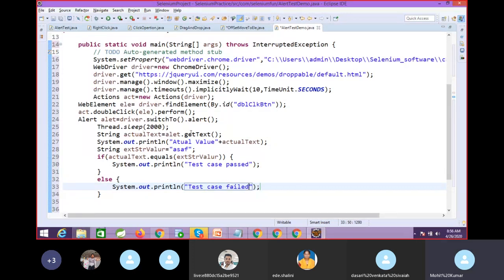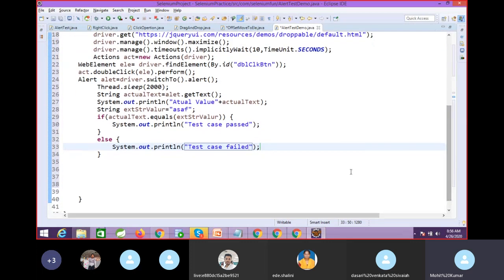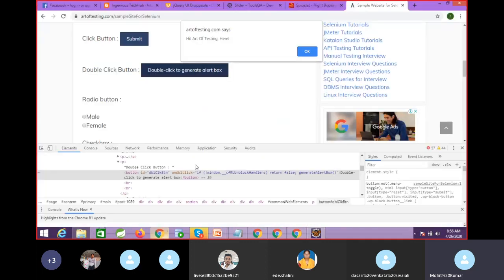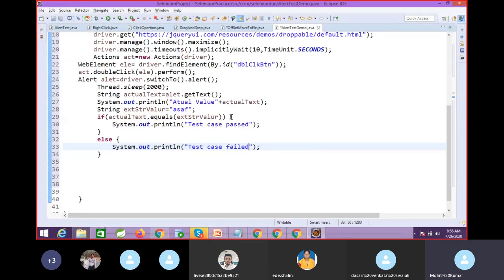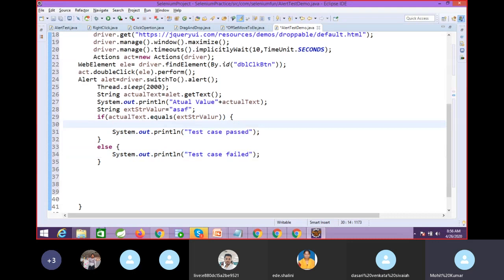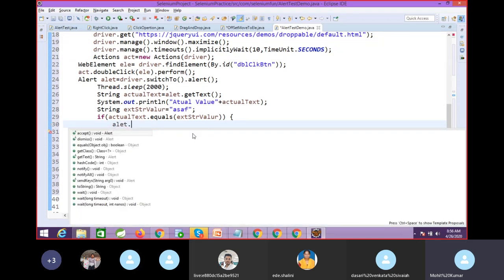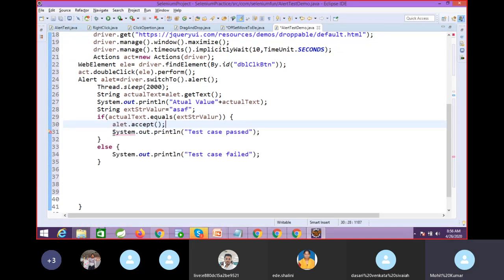After verification, I will click on this OK button. After comparing this, you have to click on this OK button. So we have a method to call here, accept. OK means accept.